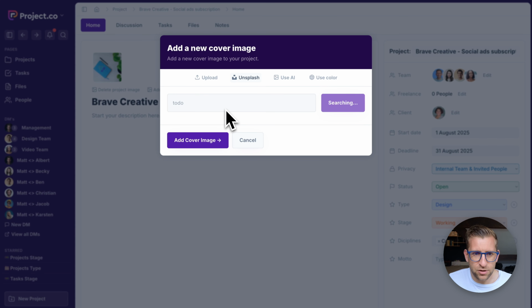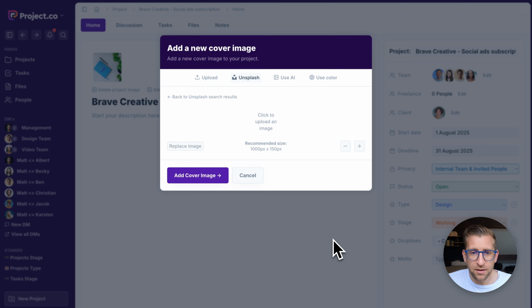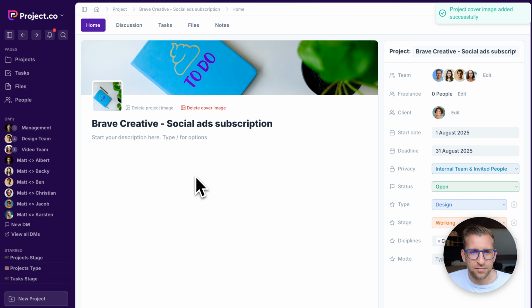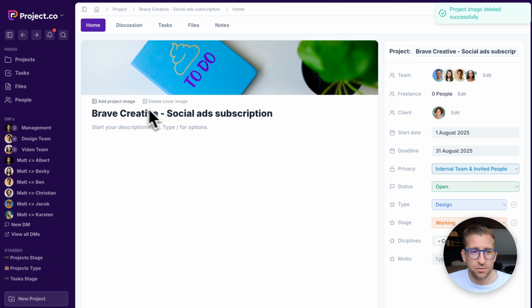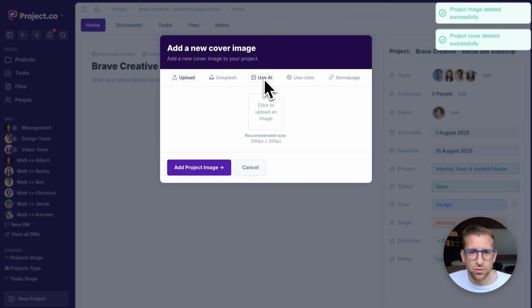So if we search again for to do, we'll be able to find the same image here. This time it's scaled slightly differently because it's sized for the cover image, but we can readjust that just like you saw me do, and we can add that to the cover image there. Great. So we do have a few more options. If you want to, I'll just delete those, and then we can choose the next option, which is use AI,